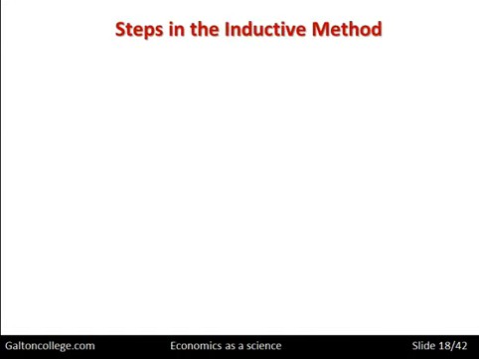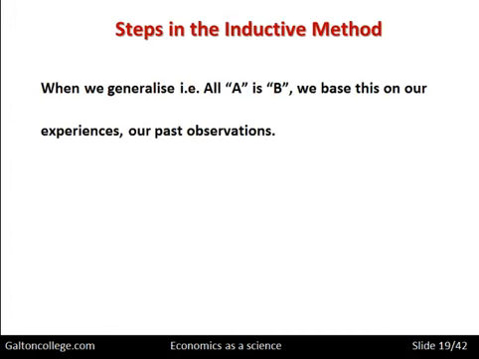Now, in order to get to the stage of every time the price of petrol rises, less petrol is sold, every time, in order to do that, we induce, we go upwards. We look at examples, we look at more examples, and if we find the same situation arising every time, we start to induce. We start to go upwards towards the general. We've observed it once, we've observed it twice, we've observed it 100 times. After a while we think, every time it happens, this is going to happen as well. So we've induced. So we generalize.